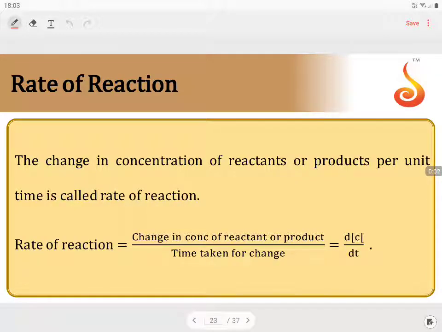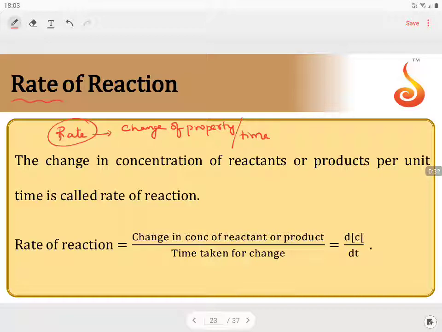Rate of chemical reaction. When you use the word rate, rate always stands for change in a measurable property with respect to time. We always remember this in science. Normally, rate is the word we use for change of some property, a measurable property. If I take any property's change with respect to time, divided by time, that becomes your rate.